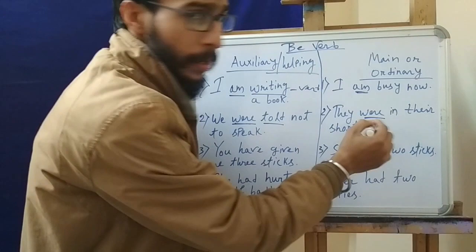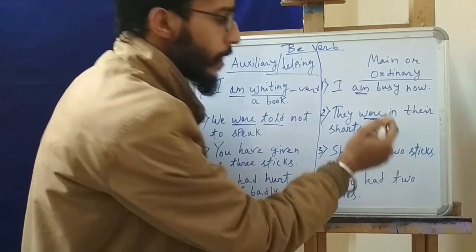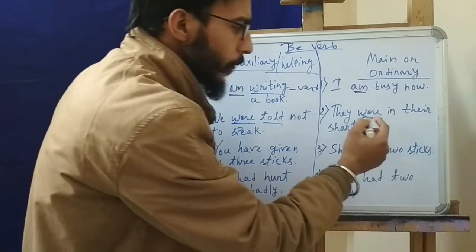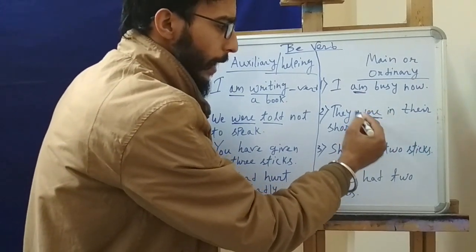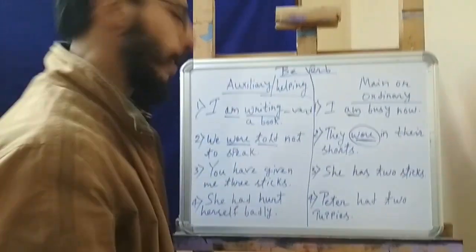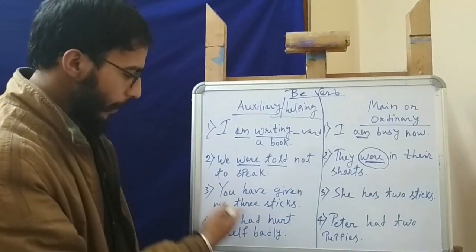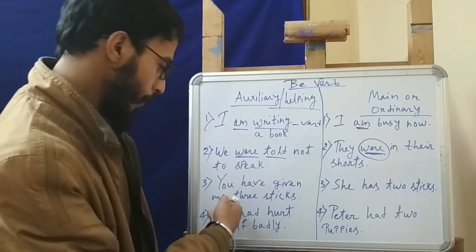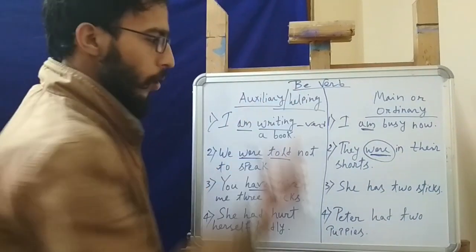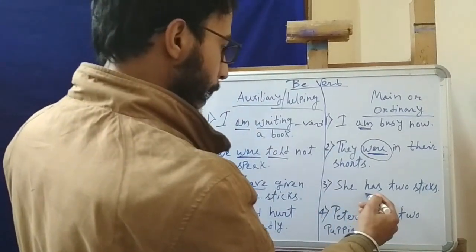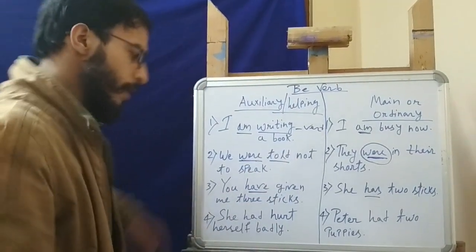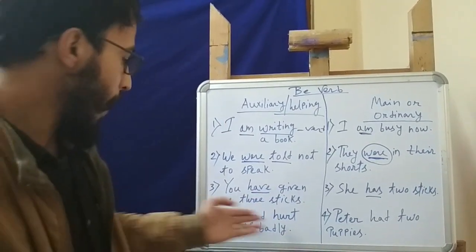দিস ওয়ার্ড, এই ওয়ার্ড যে ভার্বটা এখানে ইন্ডিপেন্ডেন্টলি আছে, কারণ এর পাশে কোনো ভার্ব নেই, তাহলে এটা এখানে মেইন ভার্ব হিসেবে কাজ করছে। সেইভাবেই এখানেও, "you have given me 3 sticks," সো এই হ্যাভটা এই গিভেনকে সাহায্য করছে, তার জন্য অক্সিলিয়ারি। অথবা এখানে এই হ্যাজ ইন্ডিপেন্ডেন্ট আছে, তার জন্যই এখানে মেইন ভার্ব। সেই একইভাবে এটাতেও তাই, "she had hurt herself